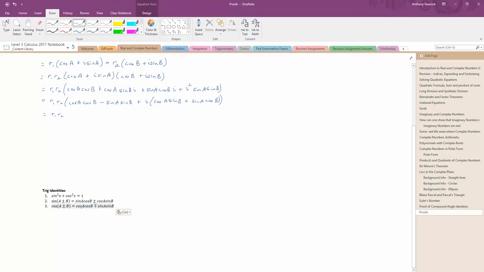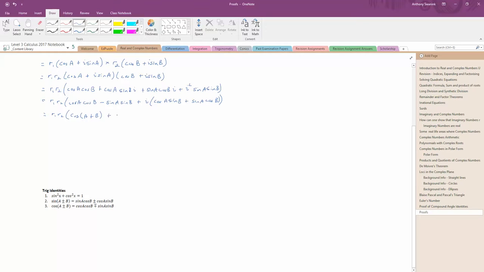So cos A cos B minus sine A sine B would equal this left hand side here where we've got the plus sign, so that's equal to cos bracket A plus B. So all of this, the first part here, can be replaced with cos A plus B